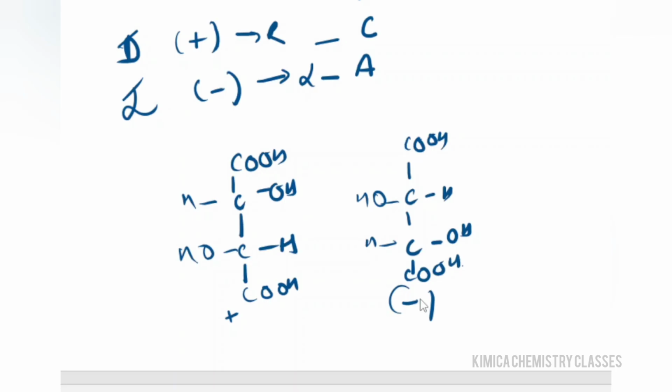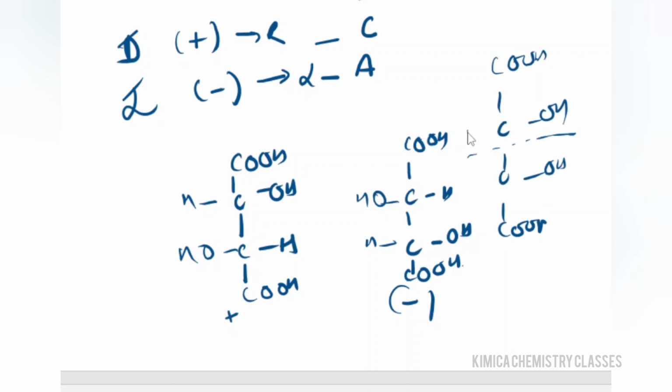Positive and negative tartaric acids are enantiomers, whereas positive tartaric acid and negative with meso-tartaric acid are diastereomers. How can you say? If you draw a plane of symmetry, with OH attached here and OH attached here, and H and H, then